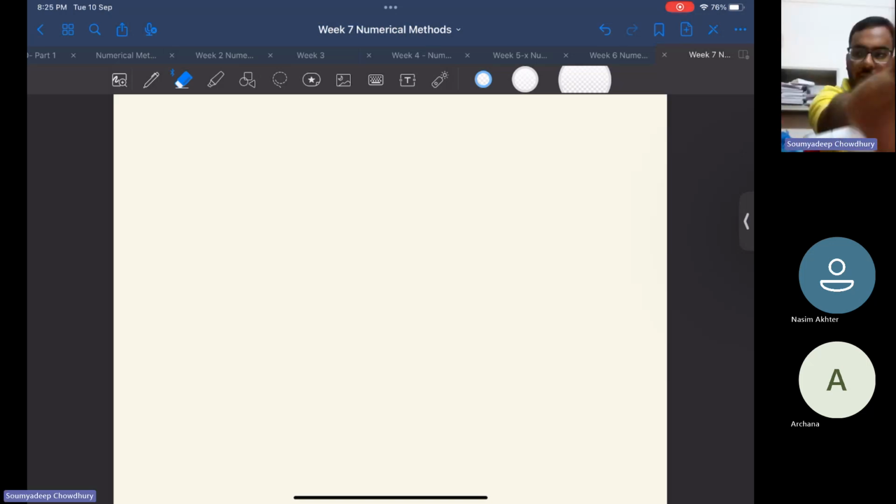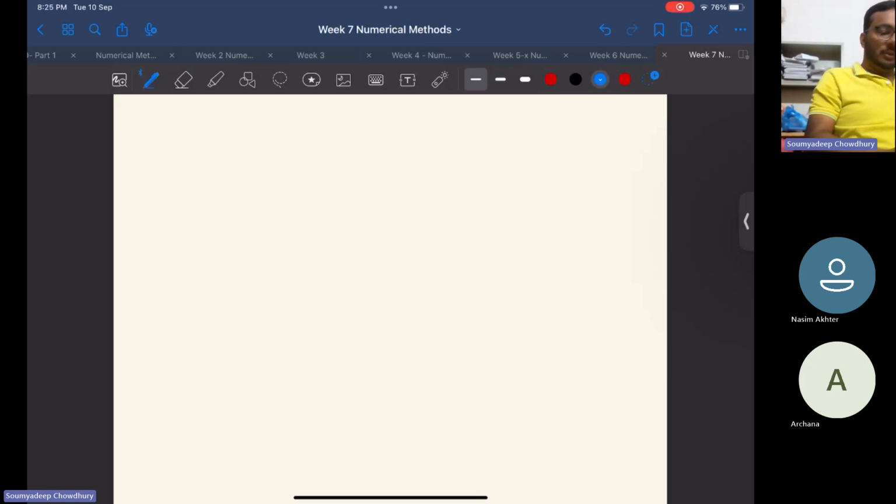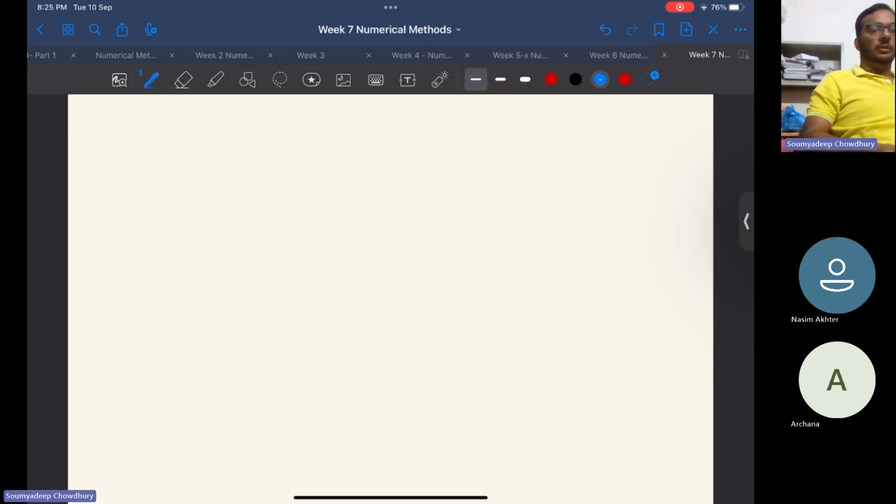Okay, so we'll look into now the Lagrange's interpolating polynomial. So this was Newton's interpolating polynomial. Then we looked into how to solve it analytically and then using the matrix approach, right? So now we will be looking into